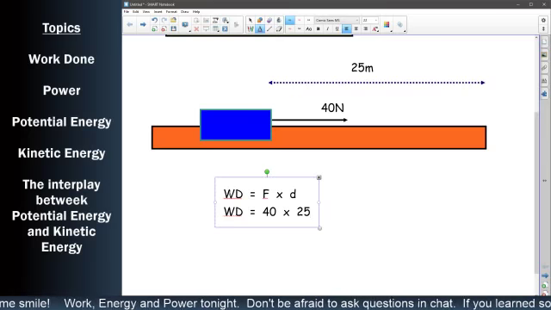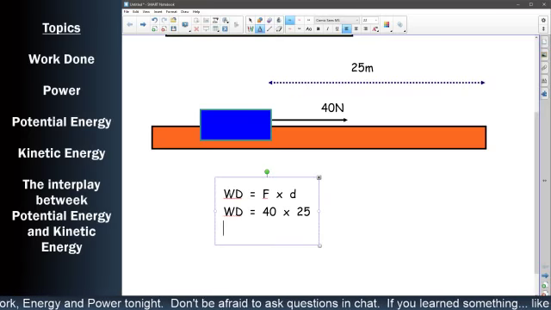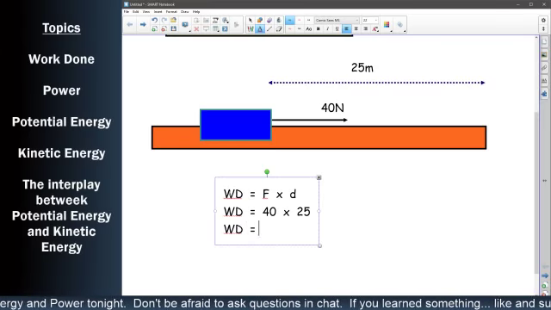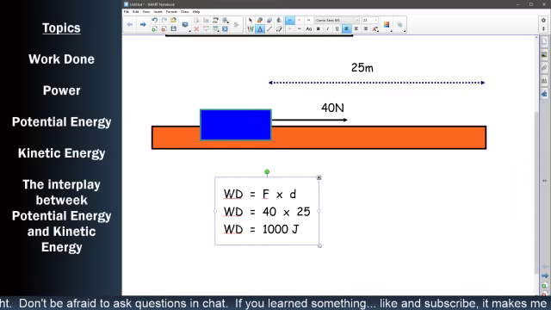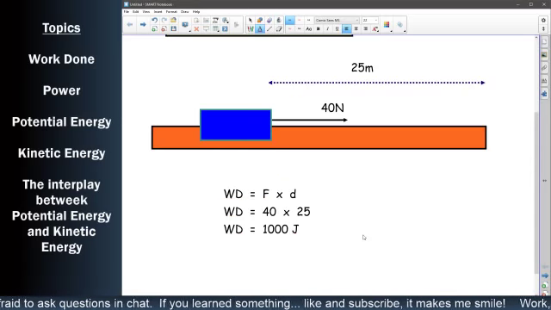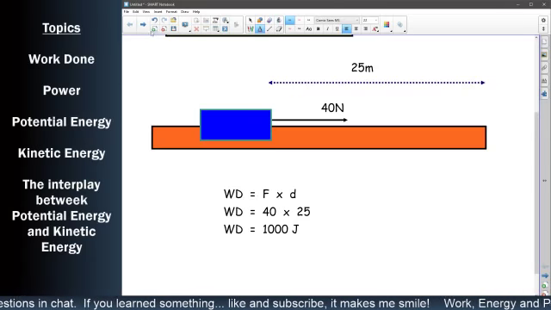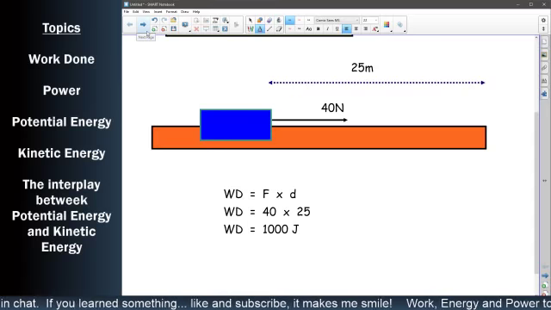And these are the questions that are going through your brain as you're answering these questions. And then we get the work done is equal to 1,000. And then we check our units. We've got our basic units, so we know that work done is going to be measured in joules. Simple. Now, we immediately run into the problem of, if this is all that's going on, then we could maybe